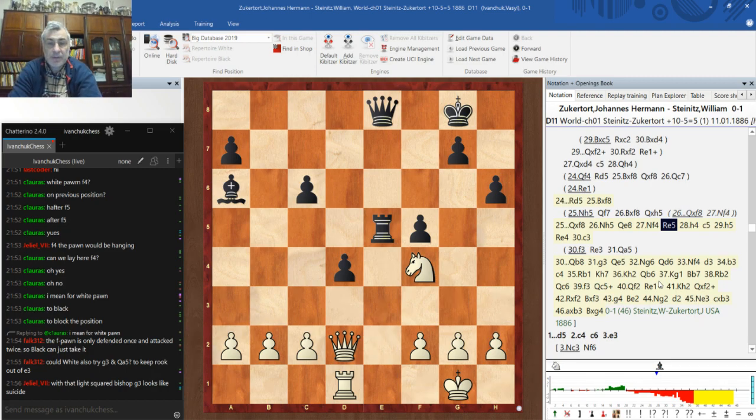b4 is possible now to prevent c5, but probably g5 can be considered. If knight d3, rook e2. Okay, h4, c5, h5, rook e4. So c3. And he played g3 in future, but